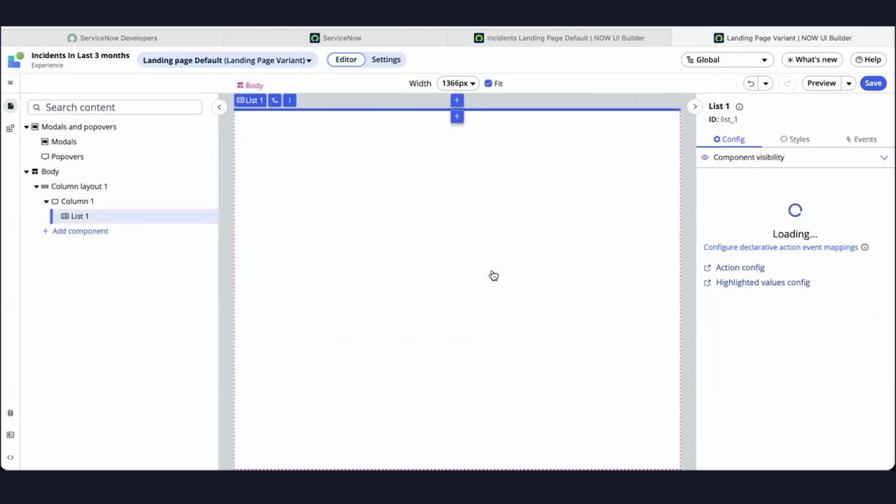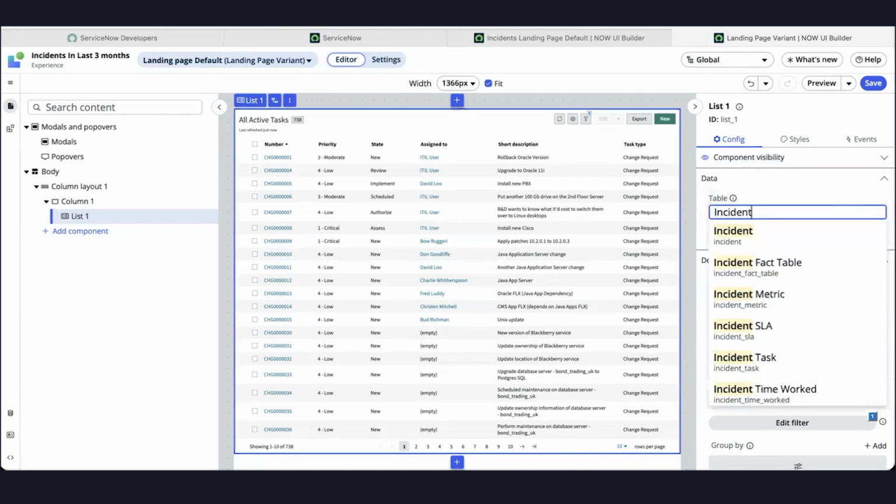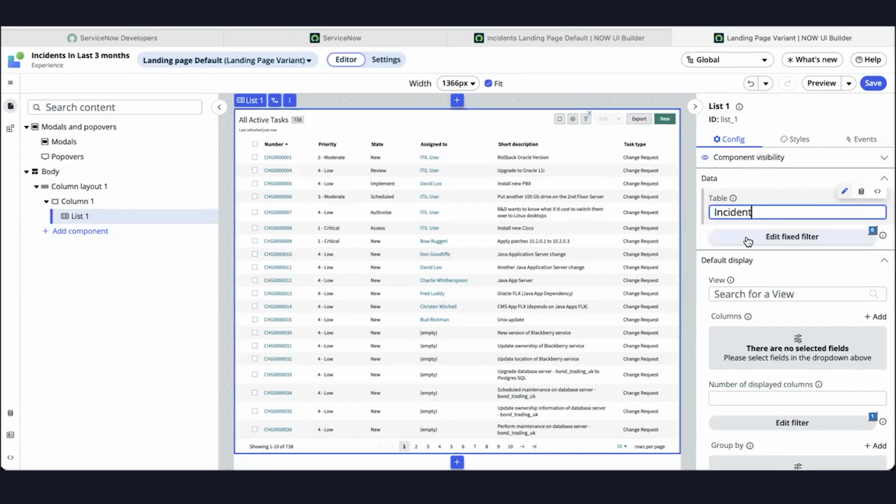As you can see, after selecting the list component, by default, the system has taken the task table, and the system is displaying all the active tasks from the task table. In our requirement, the table has to be incident, which we can change from the config tab at the right hand side,